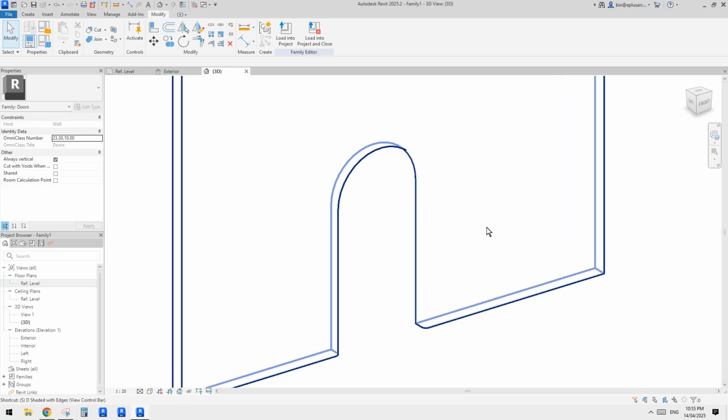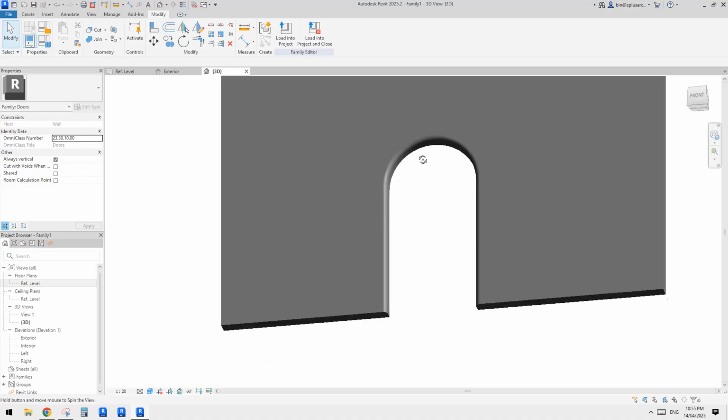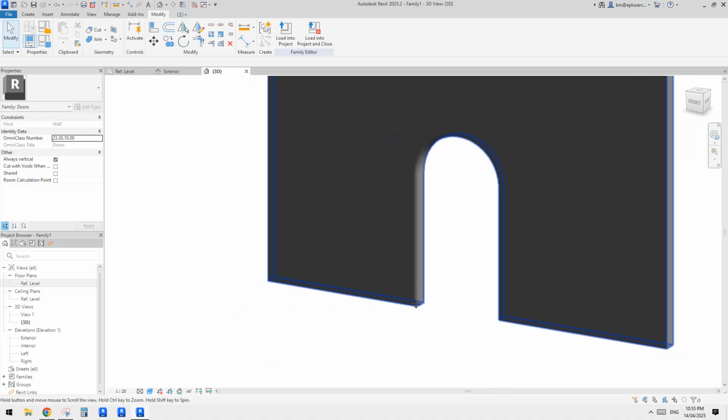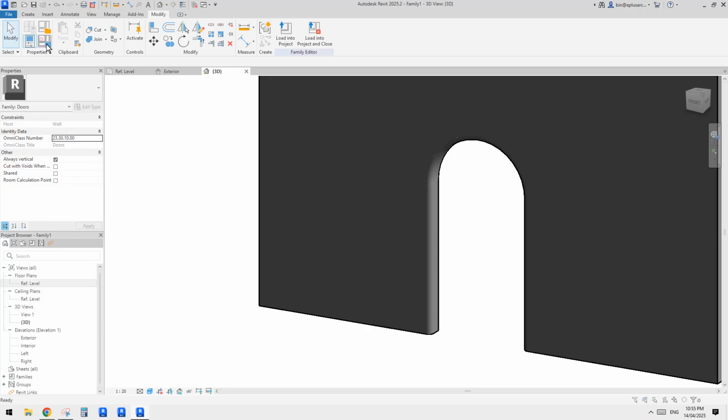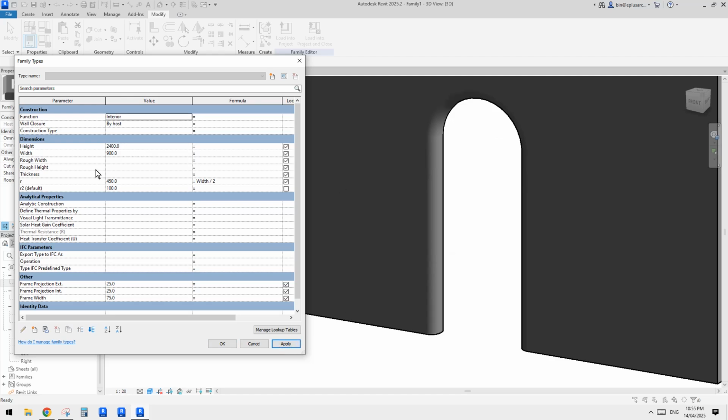So if we change to hidden shade SD, it's easier to see the actual model. And then let's have a test. Currently there's only a void, there's no door panel yet. Okay, so radius 2. If I change to 100, yeah, right. If I change the width to 900, yeah, if I change the door height to 2400, yeah, good. So everything's